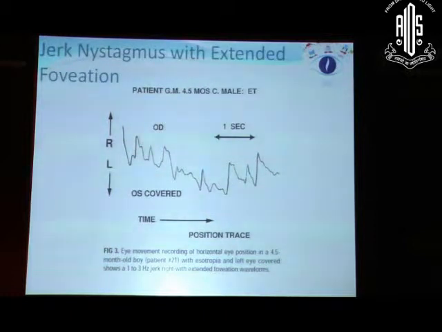Also, when a nystagmus matures, for example, a congenital nystagmus or an infantile nystagmus child comes at 3 or 6 months of age, you might see a pendular kind of nystagmus, and as it matures, you will find it getting converted into a jerk nystagmus, and there is an increasing amount of foveation either with an intervention or with the maturity of the child.